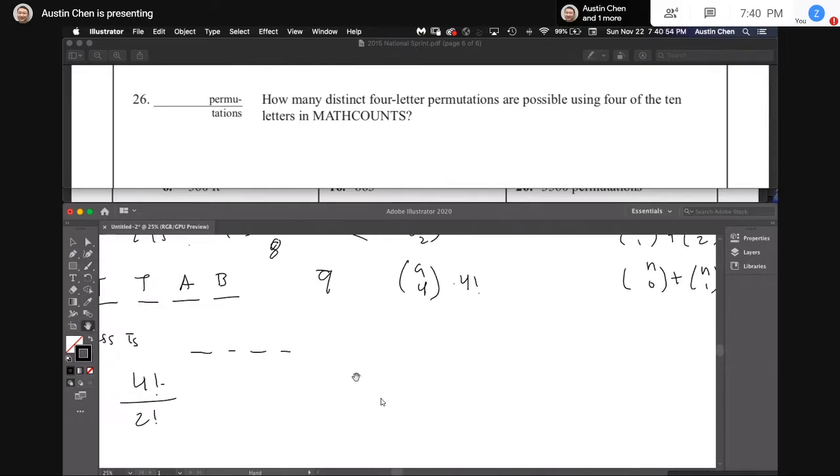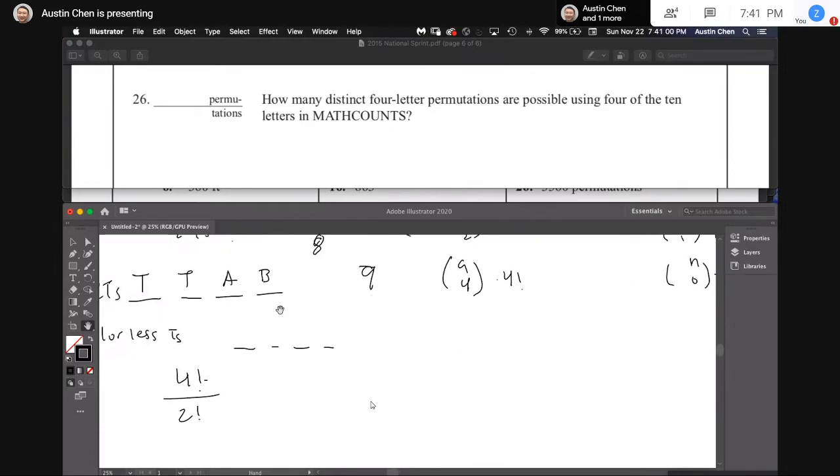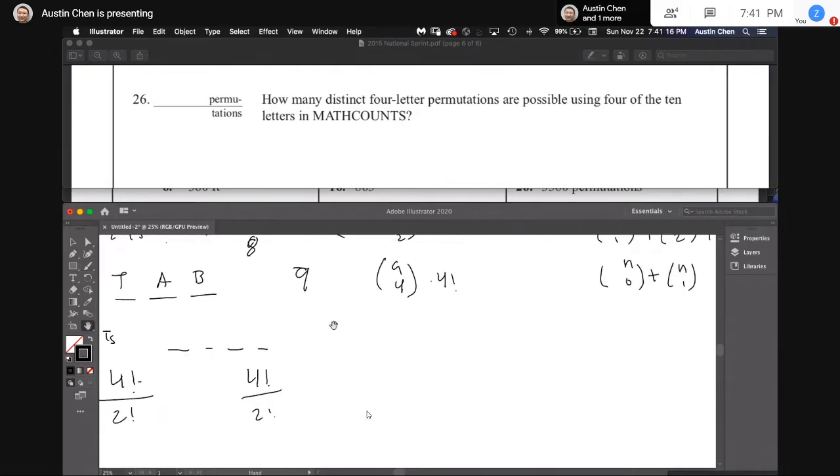So basically, if you have permutations of letters and some are repeating, it's just what you would normally have, 4 factorial, over the factorial of the number that are repeating. Okay, so a better example would be